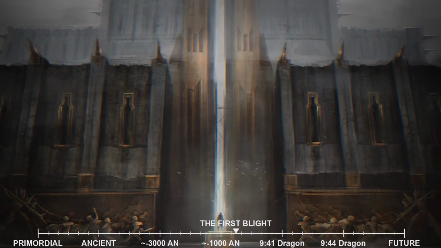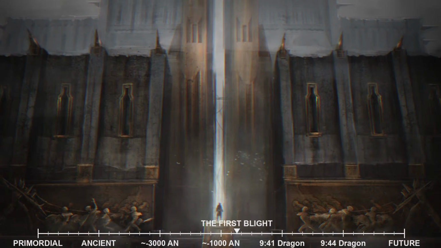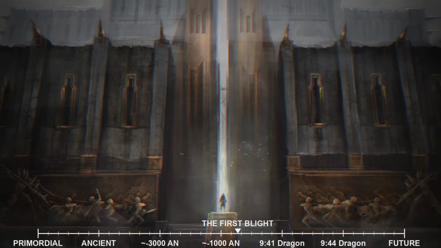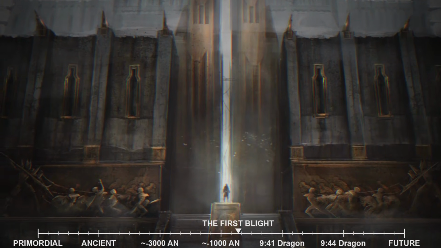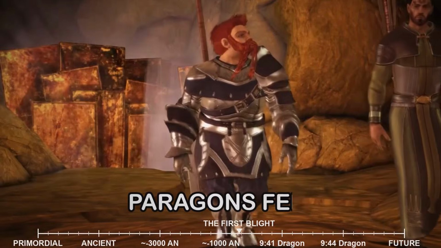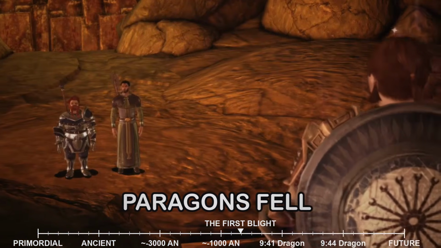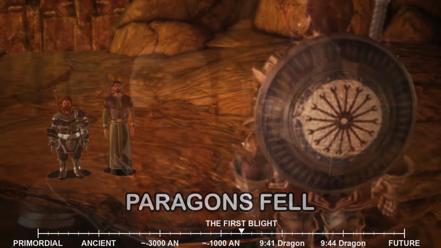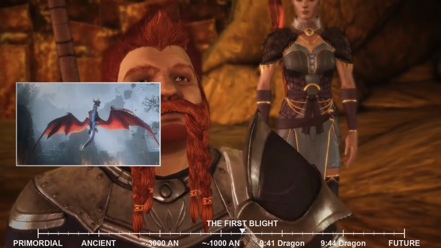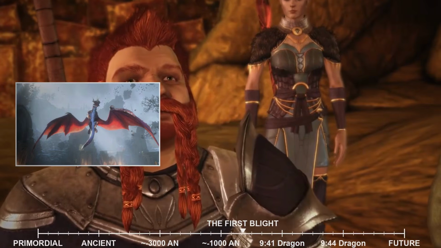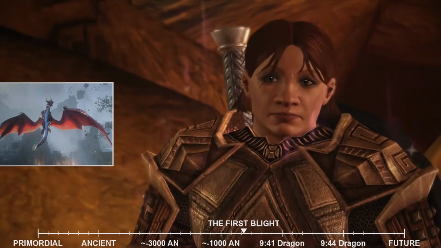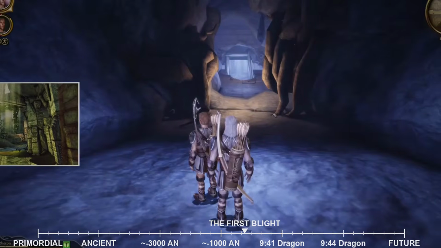Entire Thaigs, some housing tens of thousands of dwarves, were evacuated in desperate retreats or simply lost when the Darkspawn broke through faster than anyone anticipated. Paragons, those legendary dwarves whose achievements were so great they were elevated to near-divine status, fell in the fighting. Their deaths were not just personal tragedies, but cultural catastrophes, as each paragon represented centuries of accumulated knowledge, skill, and leadership. The great Thaig of Hormok fell.